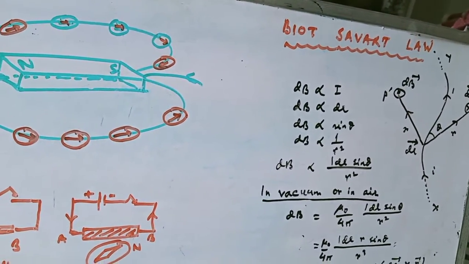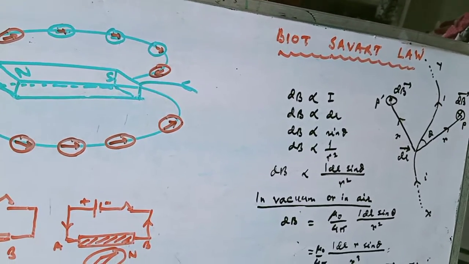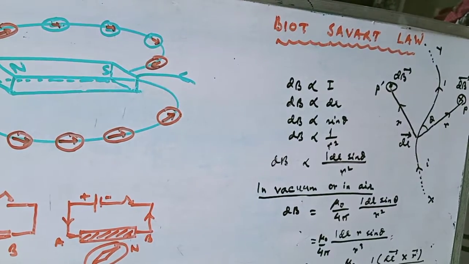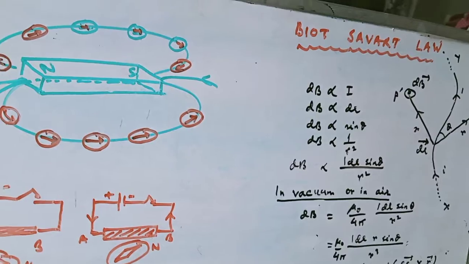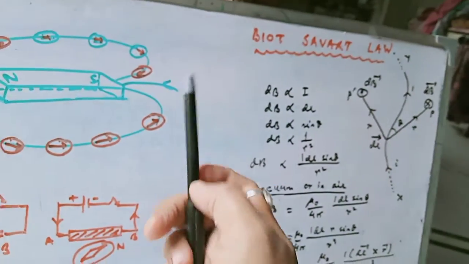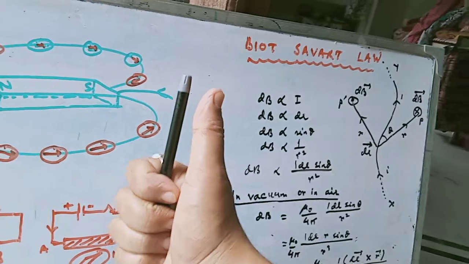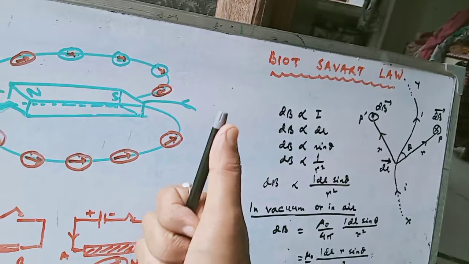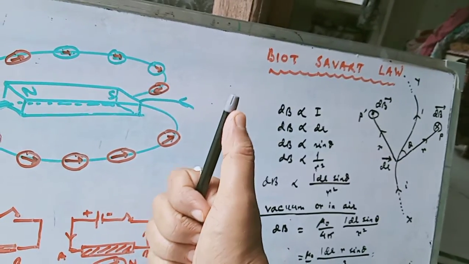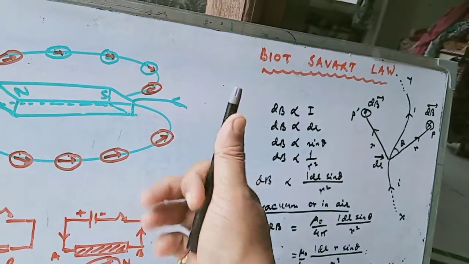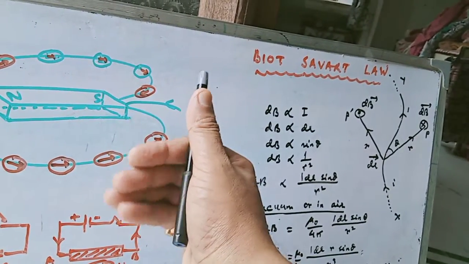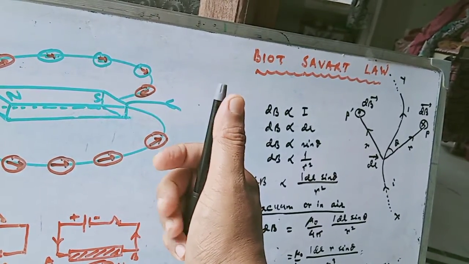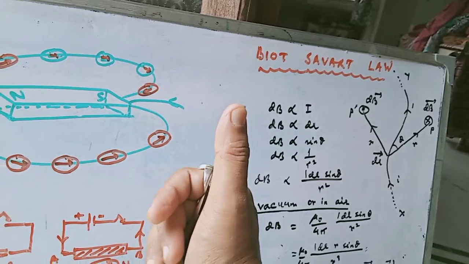Now another rule is the right hand thumb rule. This rule is used to know the direction of magnetic field due to a straight current carrying conductor. Remember, a straight current carrying conductor. If we grab the straight conductor, see, this pen is the conductor. If we grab this in this manner in our right hand, the thumb finger indicates the direction of the current and the curled fingers indicate the direction of the magnetic field. Okay, this is the direction of the magnetic field.